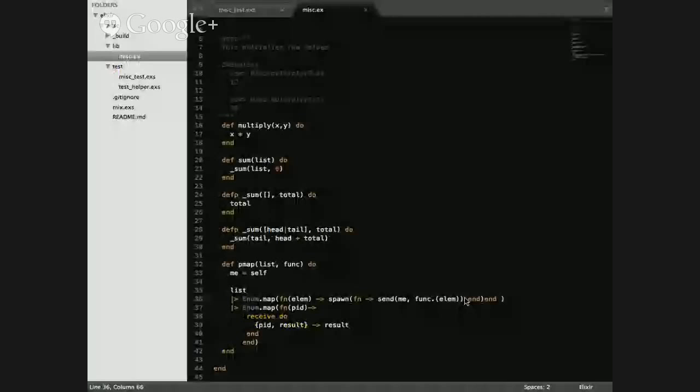Wow. What did I do wrong here? Function. Are you expecting pid to be a symbol? Yes, but